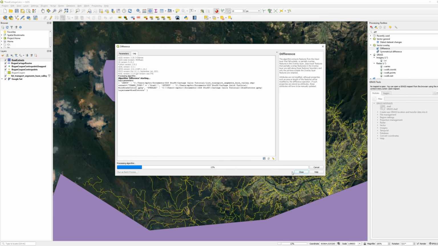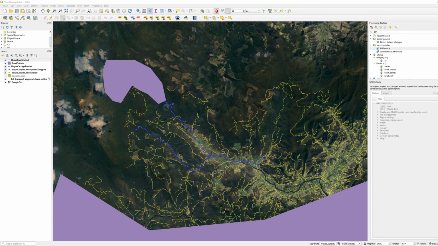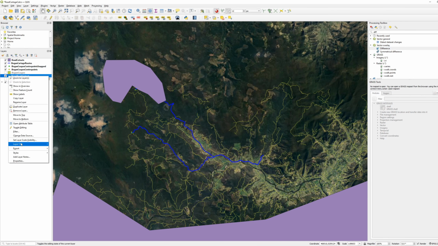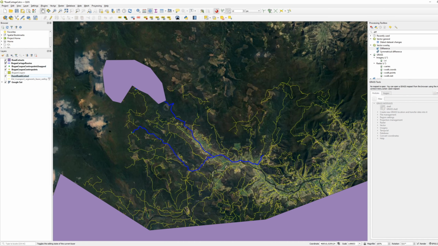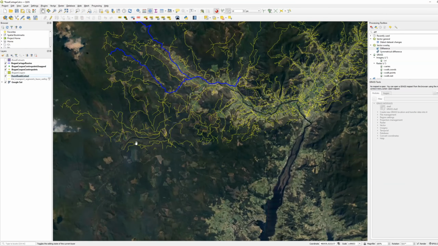And it's going to go ahead and do its thing. Alright, that's fine. Let's have a look at what we've just created. So Huon Roads cutout. Yep, that looks good to me. So I'm just going to turn on this as a nice bright yellow so we can see what's going on. Turn off our road cutouts, and you can see here our big slicey line has cut out all the roads